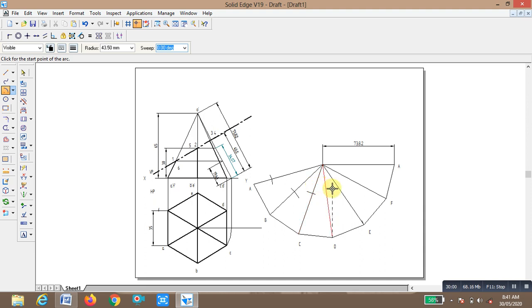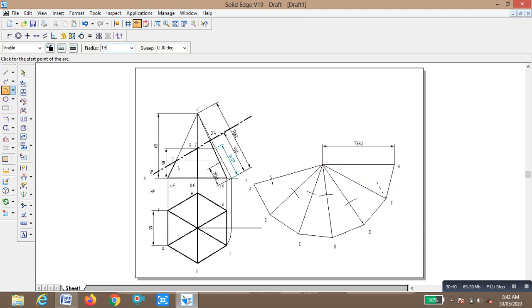Okay, again on F the distance is the same, A and F are the same, 19.43. Enter, draw the arc. Lastly come to point A, 19.43. Enter. Okay, draw the arc.